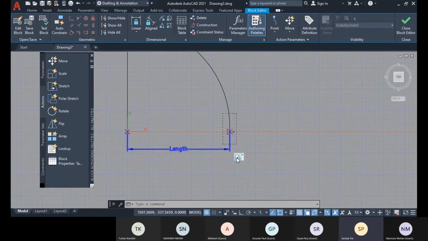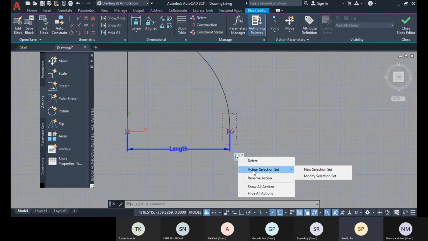So after specifying this stretch action, you can change it. Go to this and right click, and if you want to change it, you can delete it. Okay, and within this action, if you want to change the selection, you can go to this modify selection set, and if there is any new selection, you can go to this new selection. So let me show you the modify selection set, that will work for new selection set as well.